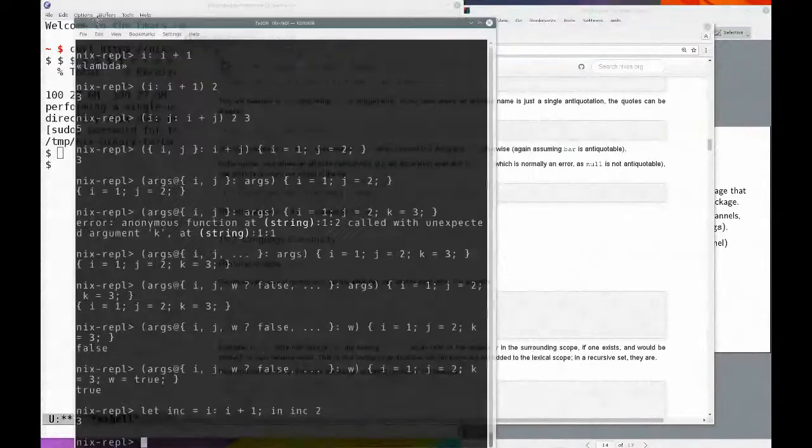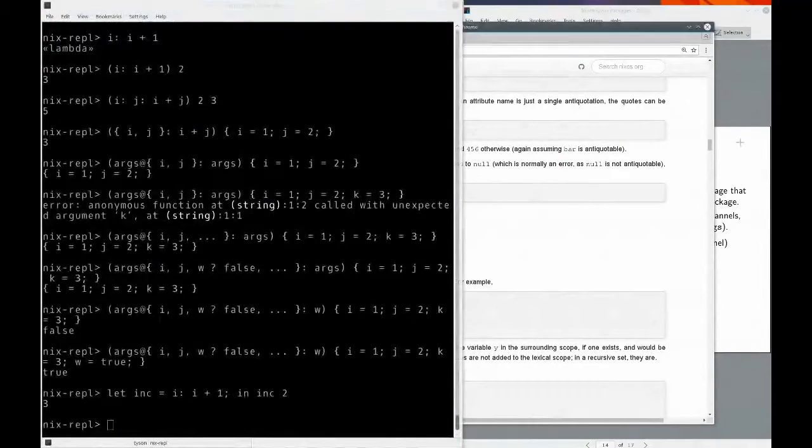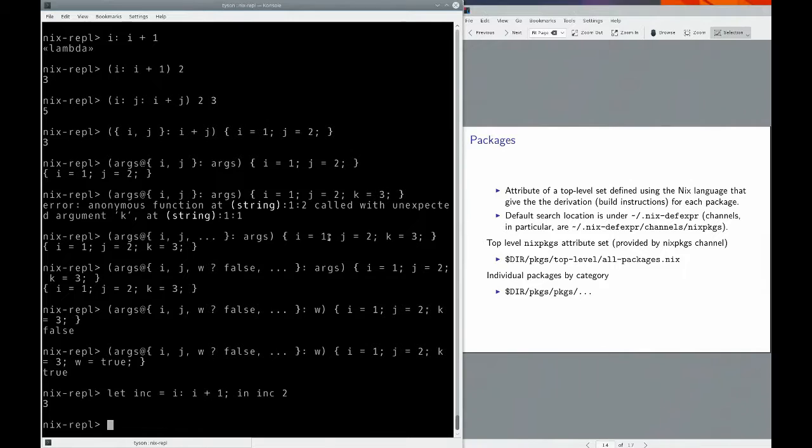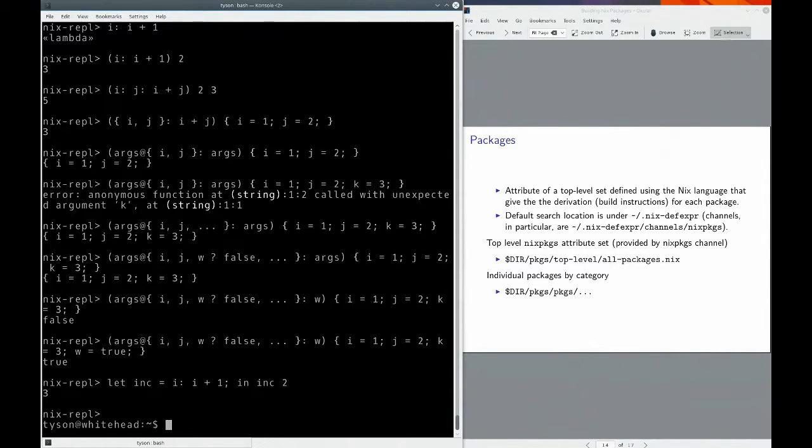So it's a fairly compact language. And if you've used other languages, it shouldn't be too bad. So the actual set of Nix packages. Now they're basically the set of Nix packages, which is what I was, let me just get out of this Nix repl, the read-evaluate-print loop. So if we do the nix-env query available attrib path